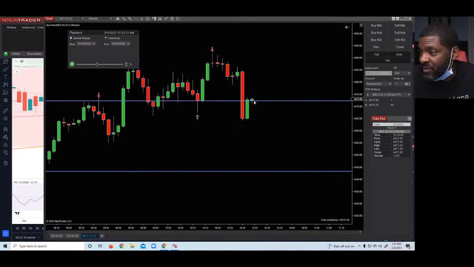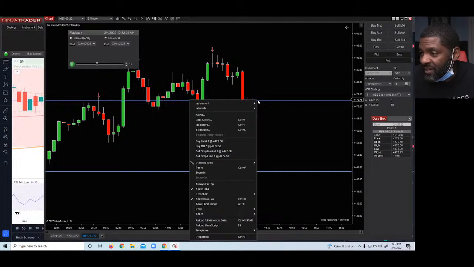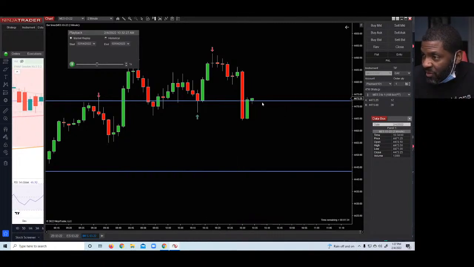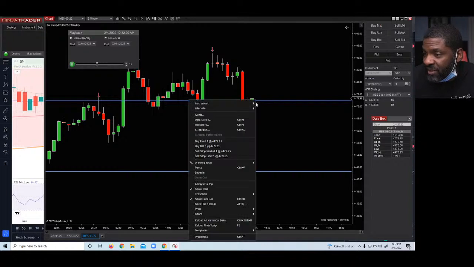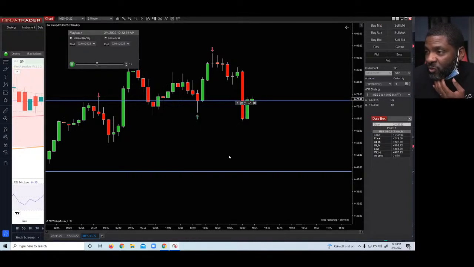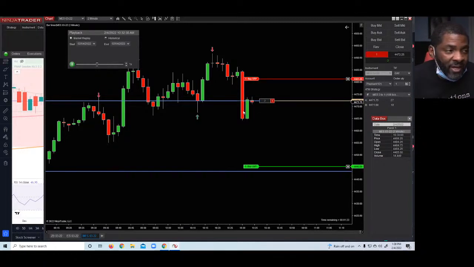Okay, it's going up, going up, going up. I'm trying to see if I can just stick one in right here. I want to be at 25, and see how it's above me? I can go right here and put in a sell stop at 44.25. And boom, it just picked me up. That's what I was saying: if you're not in a trade and price is above you, you can put in a sell stop, and when it comes down, it'll get you in the trade.